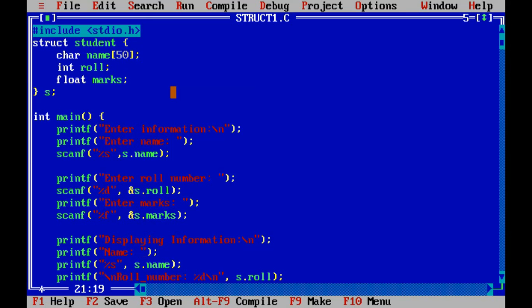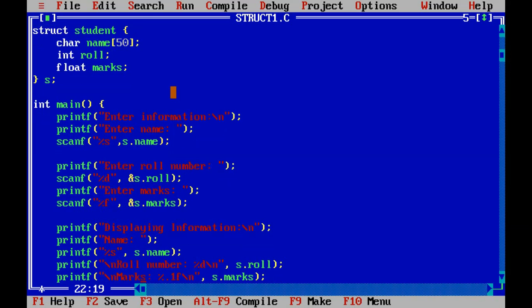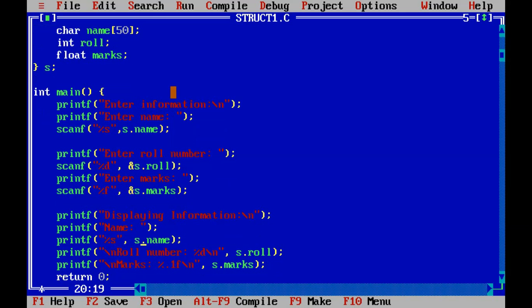Then display the data. We can display it by using the dot operator again: printf %s s.name will display the name. Then roll number %d s.roll, then mark %.1f s.mark. These three statements are used to display the values of the structure variable. So let's compile it.